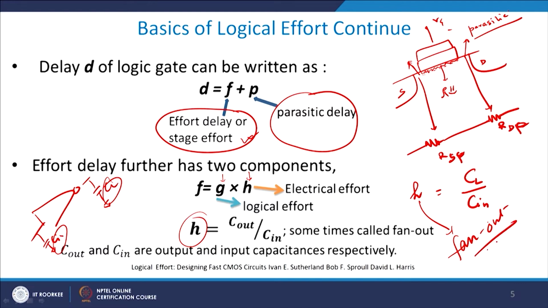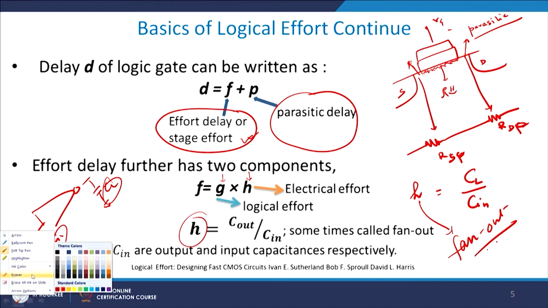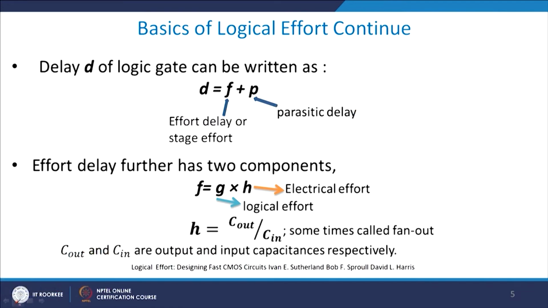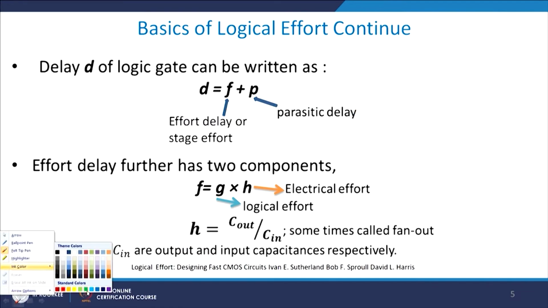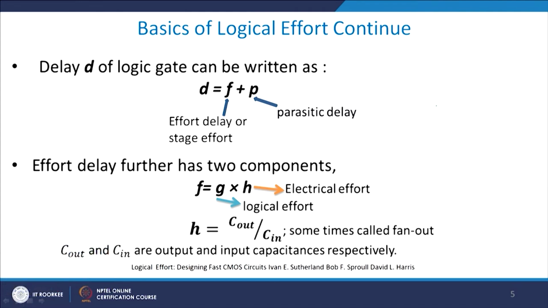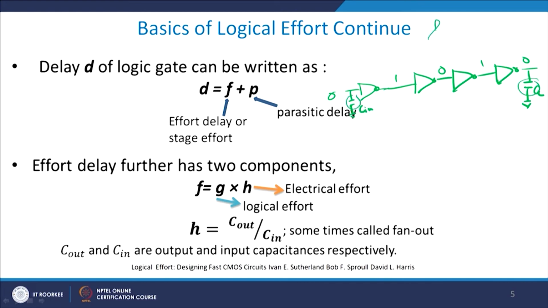Now, you can also have something like this, let us suppose you have a buffer here, which means that you have, let us say, a 1 0 1 0 input, and I will just put a 0, I will get a 0. So, this is a buffer. Now, in the buffer, this is the load capacitance which you see, CL, the external load, and this is my C in. So, this by this is referred to as the electrical effort,